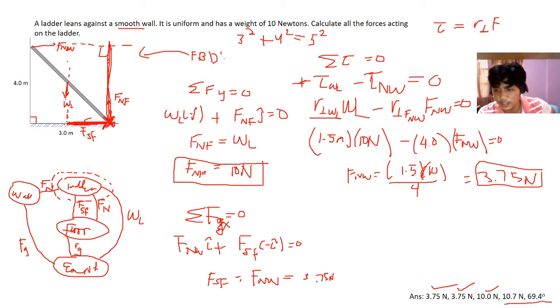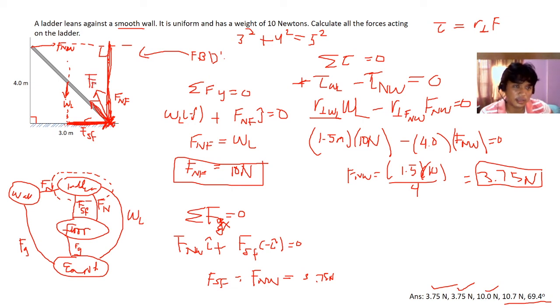So what is this 10.7, 69.4 degrees? That is actually this force right here, the combination of F_NF and F_SF. I don't know what you call that force. It's the force that the rough floor acts on the ladder. It's just a combination of F_NF and F_SF. So maybe let's just call that